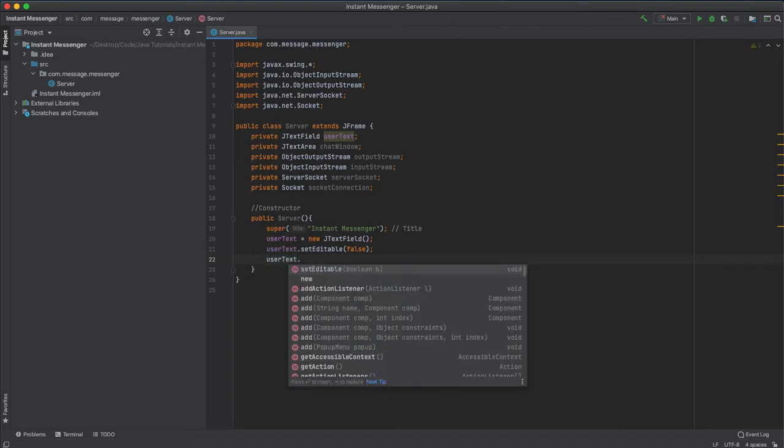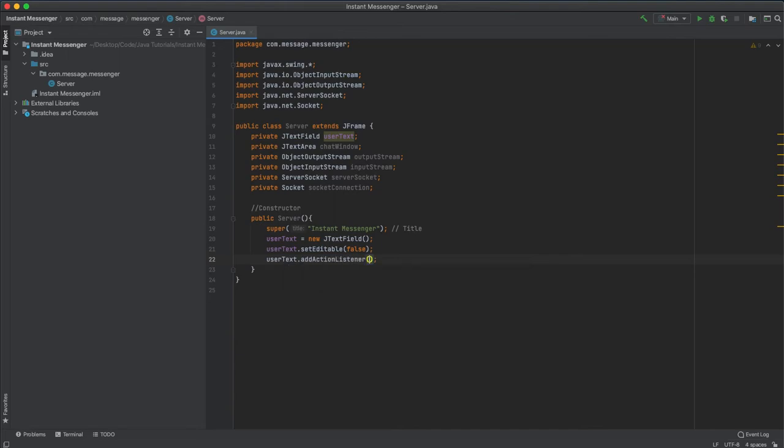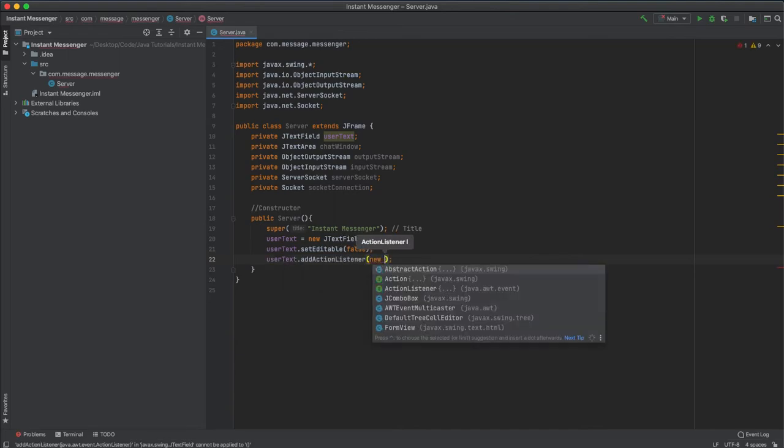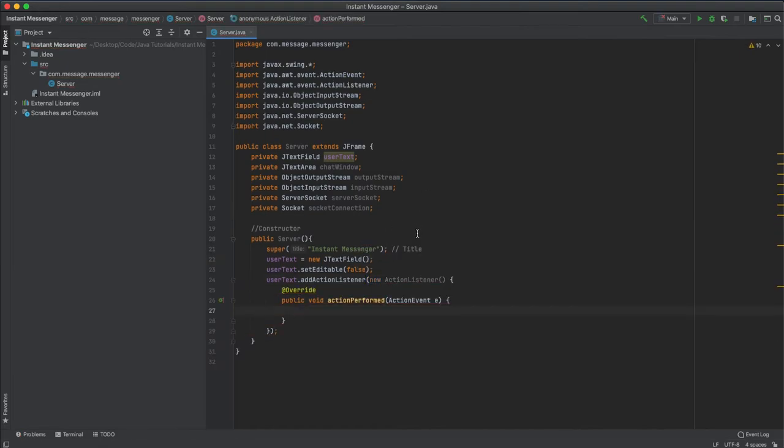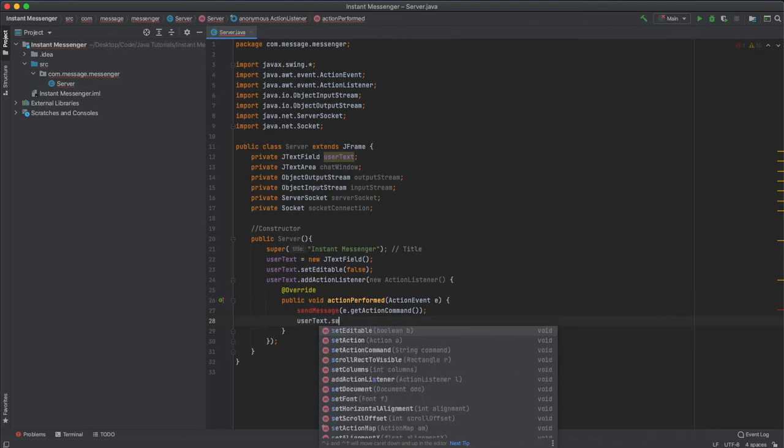Okay, we're going to add an action listener, basically for typing stuff and all that. We're going to pass send message, which we don't have yet, so we're going to create it. Sorry, we don't have get command, action command. I'm going to do user text dot set text